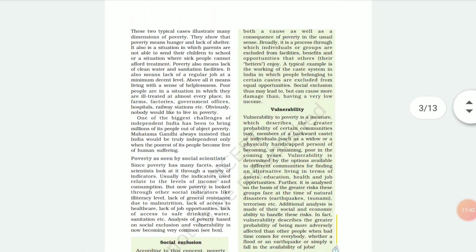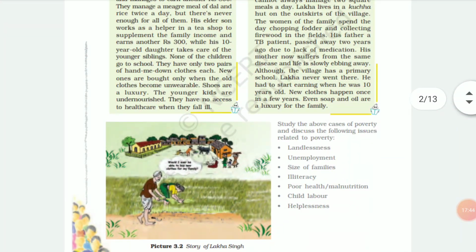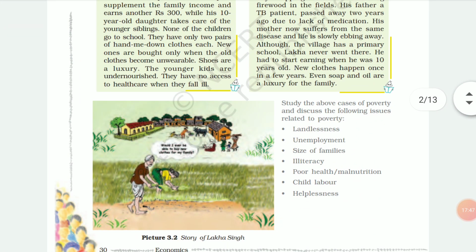By that time, what you have to do is all the middle questions and the case studies that are given over here, you have to do them in the copies, and once you submit the copies, I'll be marking you on the basis of the work that you have done. Okay, and I know there are many people who would not have made the copy. So you can do one thing, you can make history and economics in the same copy. And in the time that I take to check your copy, you can make another copy in which you can write history and economics, my subjects. I'm not talking about other subjects. You can write my subjects, history and economics, in the same copy.